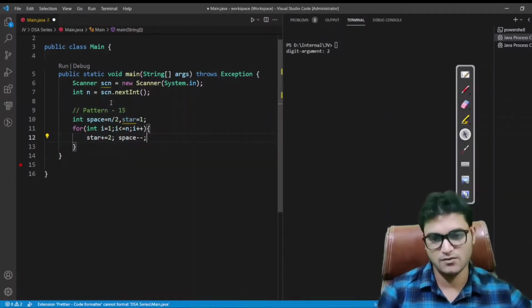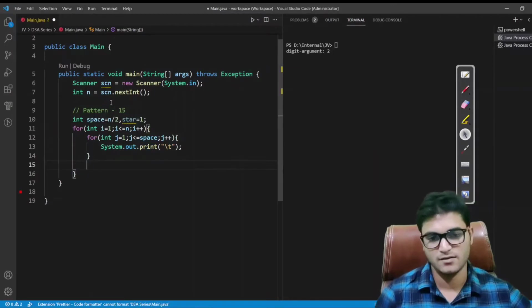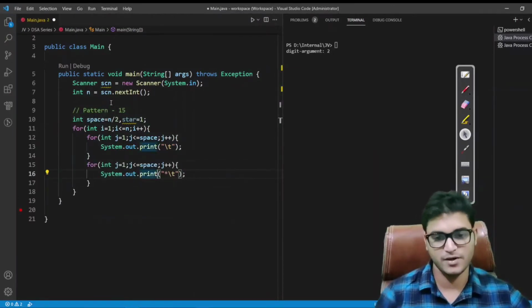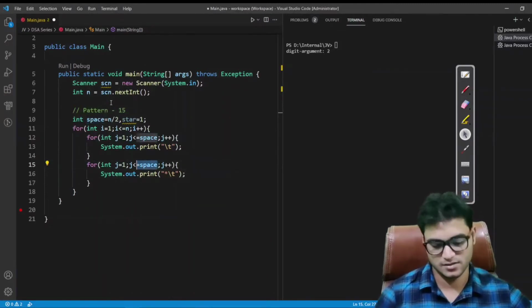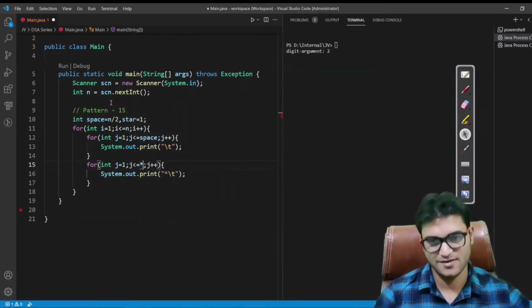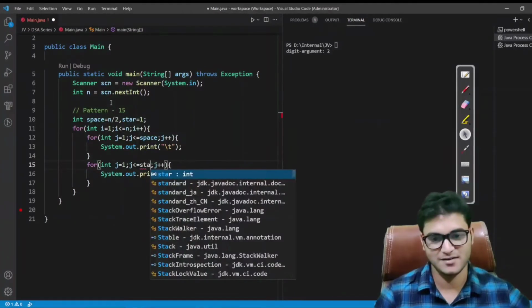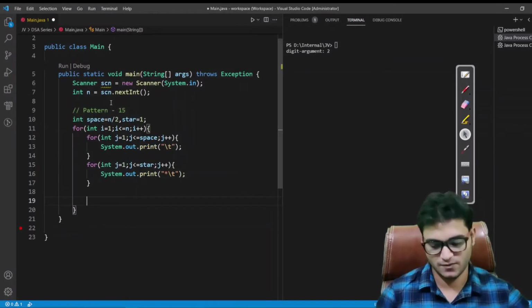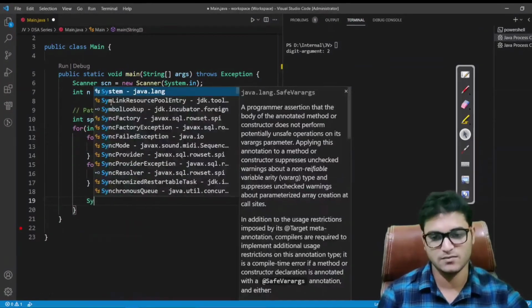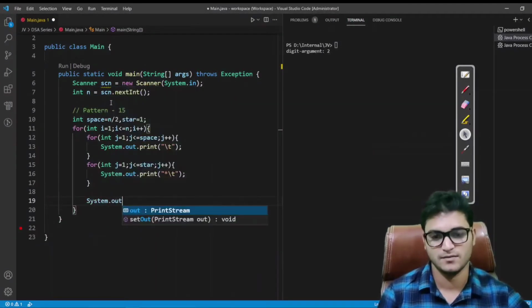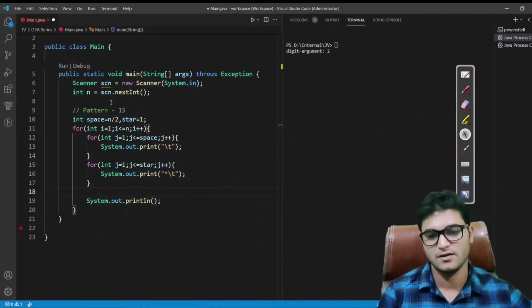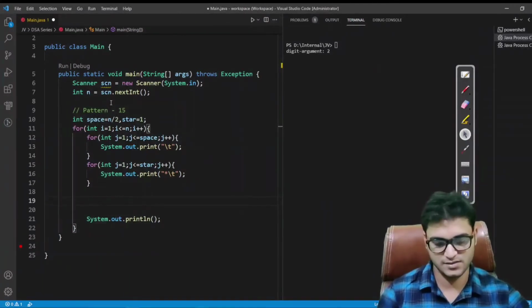So this is the code for printing the spaces, and this is the code for printing the stars. Sorry, I have written star, but I should write the star variable name. Fine. So we have to break a line also, System.out.println. Along with that, we have to increase our number of spaces and number of stars.